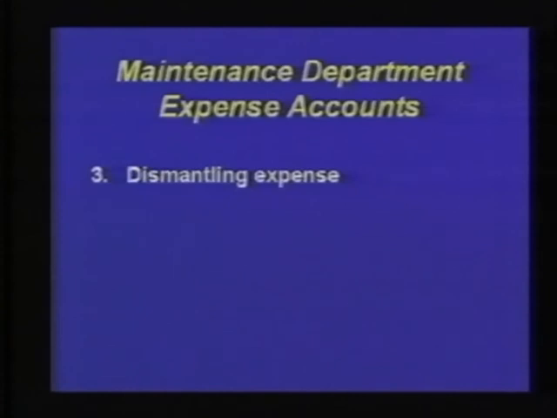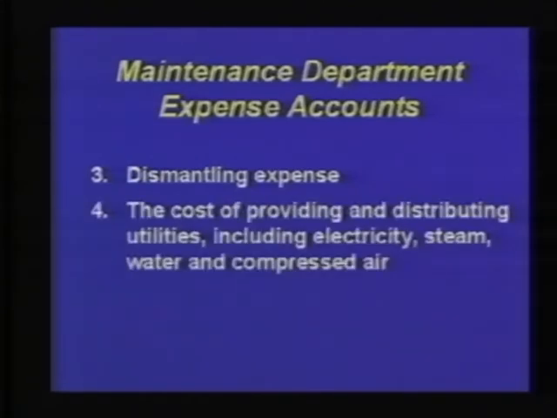And 4 would be the cost of providing and distributing utilities, such as electricity, steam, water, compressed air, and any other distribution system. And here's where we're really trying to become more definitive in terms of defining the actual cost, not only for maintenance, but this would help, especially when we're trying to develop both fixed and variable overhead expenses